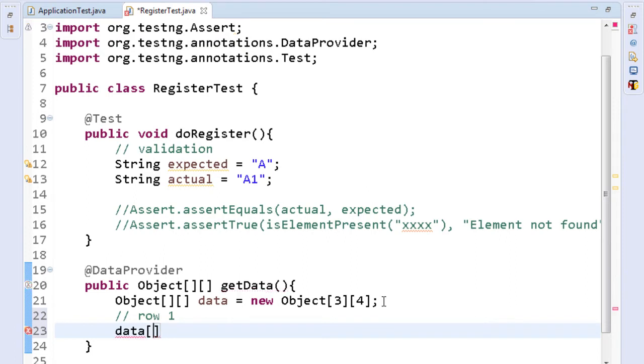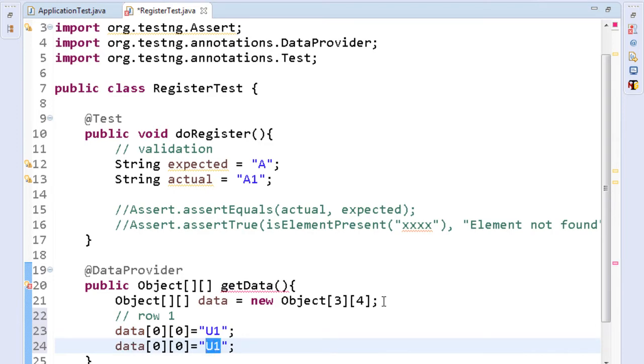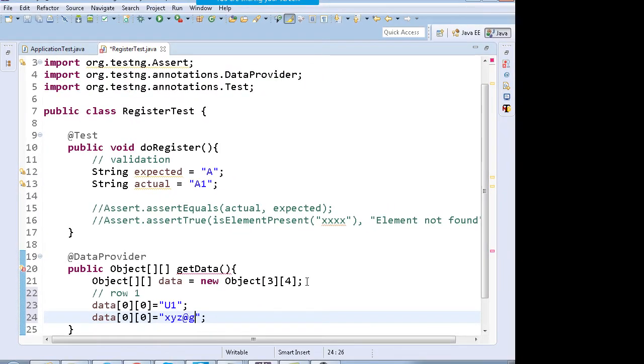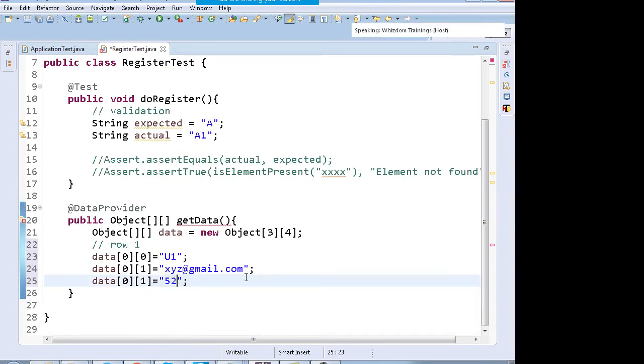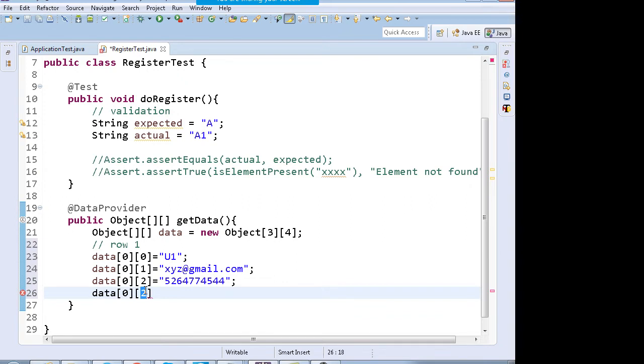I will write data[0][0] equals, say, username u1, then some email ID, this is the second data, then some phone number, and the fourth parameter can be some city.